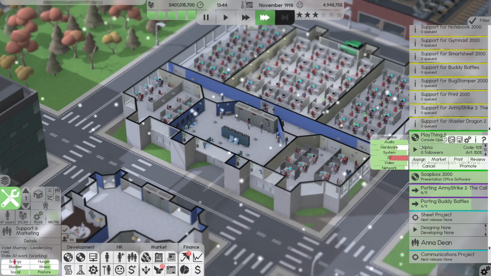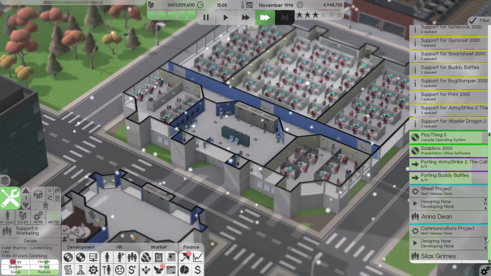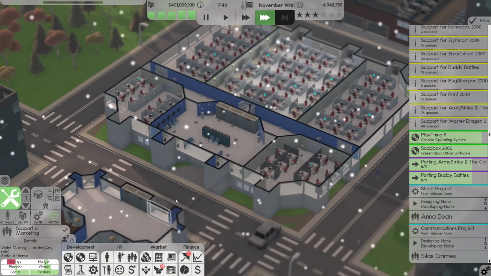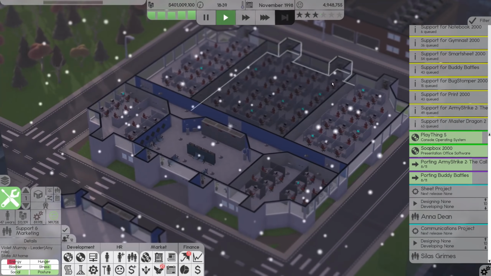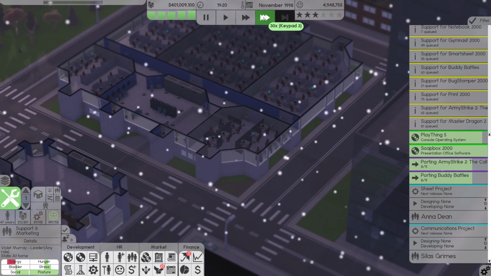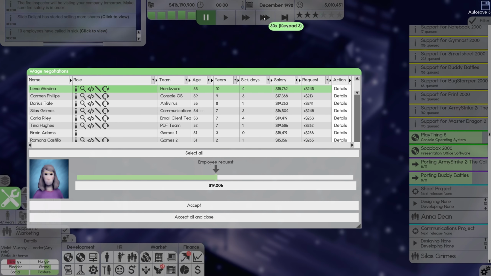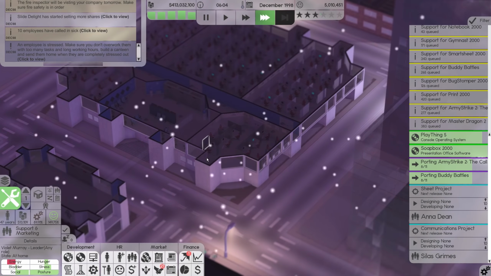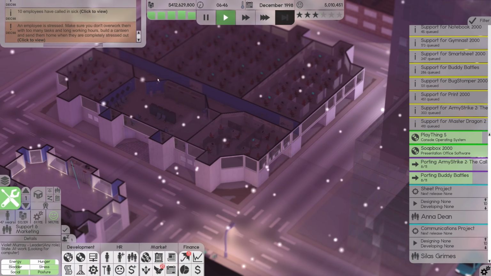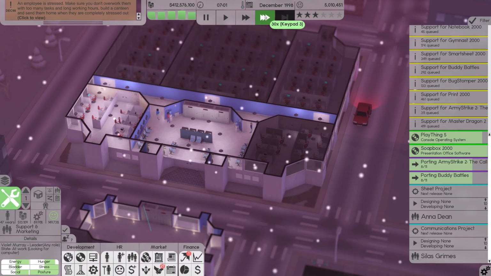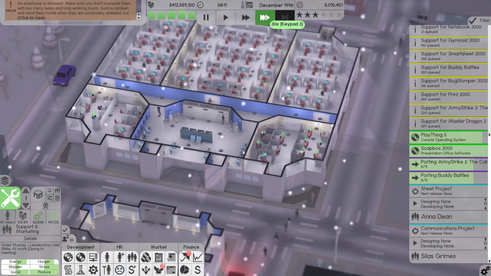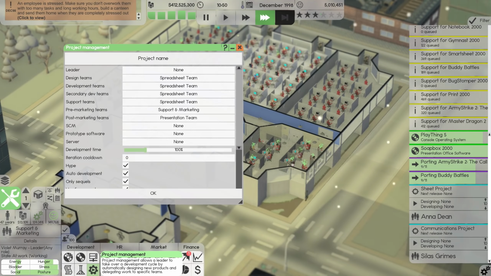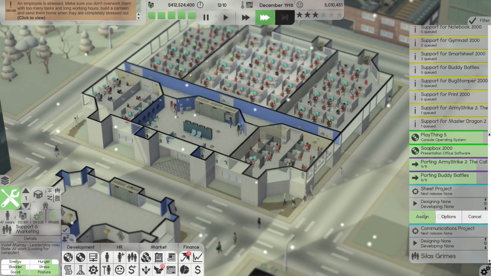Let's go ahead and prioritize both of these projects down here, because I feel like I remember at some point in Software Inc. I feel like I remember there being a weird way to get projects to actually start, and for the life of me, I don't remember what it was. Oh god, the fire inspector's here next month. That's gonna be great. Yeah, I feel like there's a weird way to get projects to actually start. I don't remember if it's just a case of like waiting forever, or if I have to sort of do something.